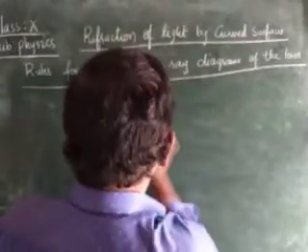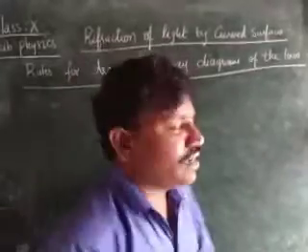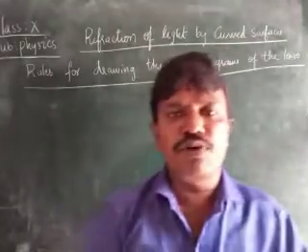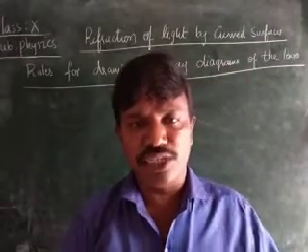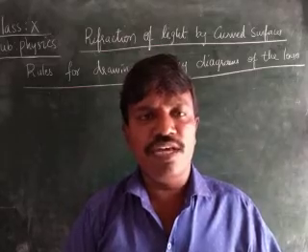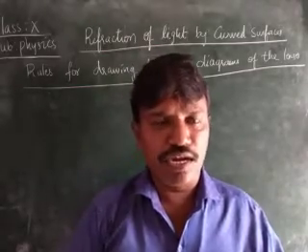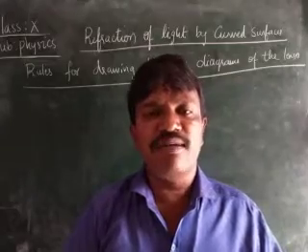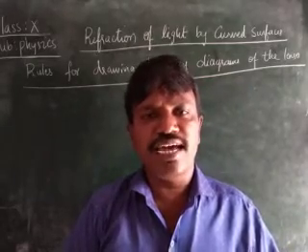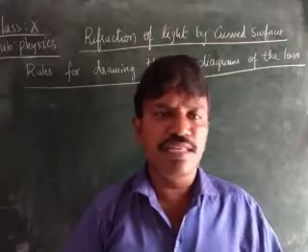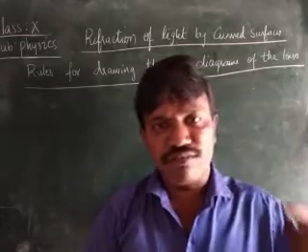Today we will be learning about, in the previous class, we learned the rules for drawing the ray diagram of the convex lens, children. Today we will be learning about the rules for drawing the ray diagrams of the concave lens. Okay, so the rules are the same, but the diagrams will be different. Only the diagram differs, whereas the rules will be the same. What is the first rule, children?